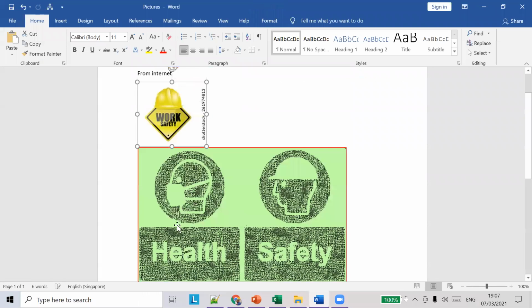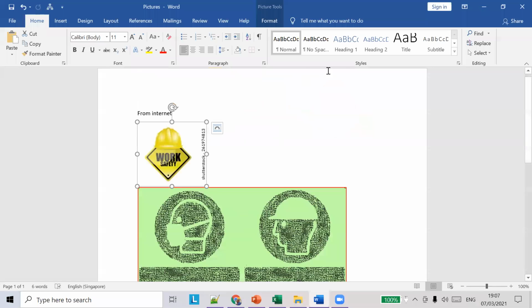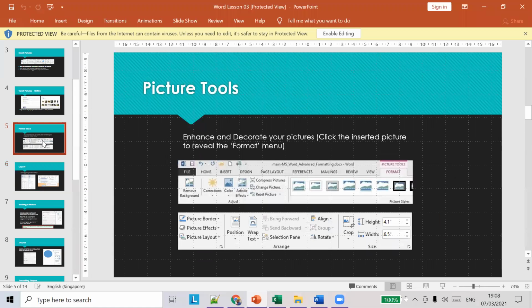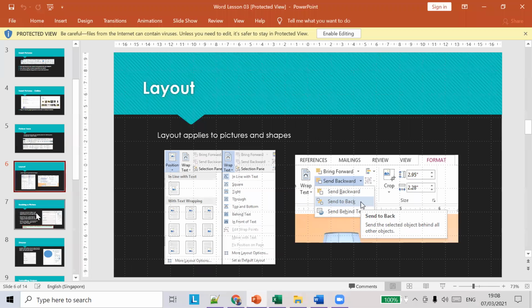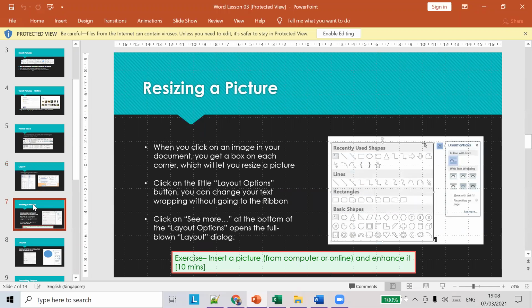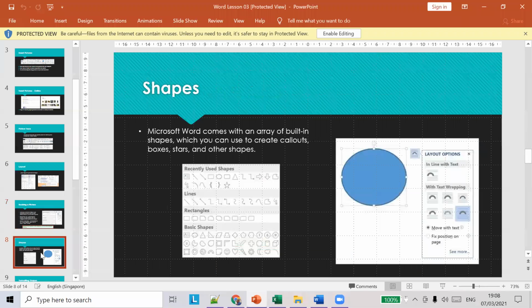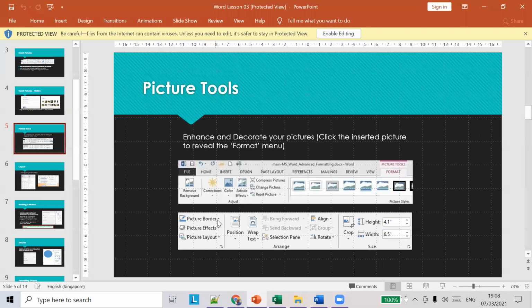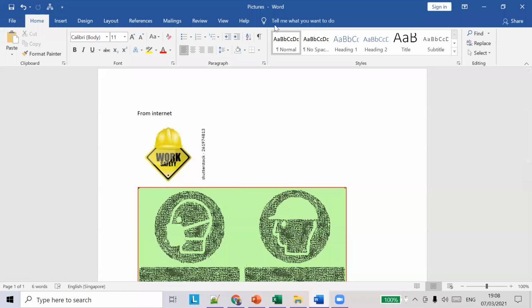So what I'm going to do is I'm going to try to place a picture on this picture. Okay, formatting.